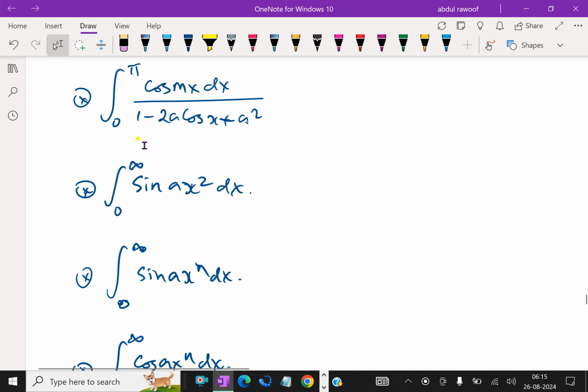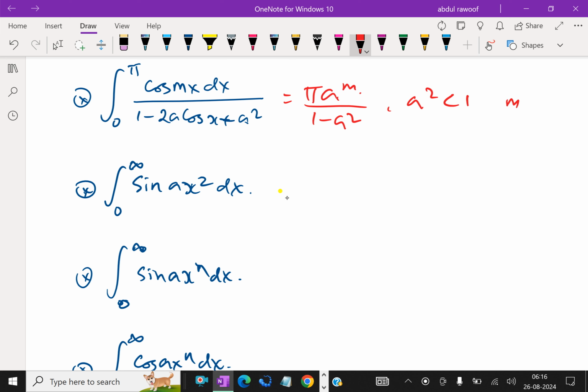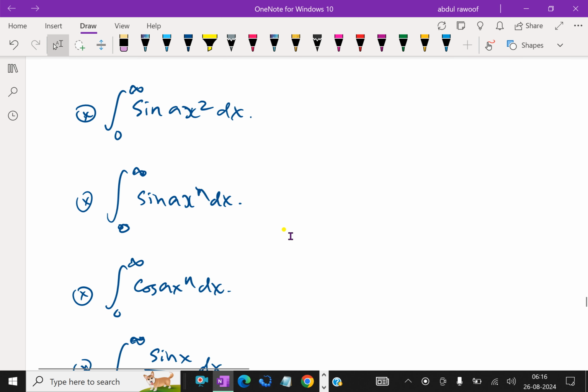Integral 0 to pi cos mx over 1 minus 2a cos x plus a square, which is equal to pi into a power m over 1 minus a square, where a square is lesser than 1, where m equal to 0, 1, 2 like. Next one, sine a x square dx,